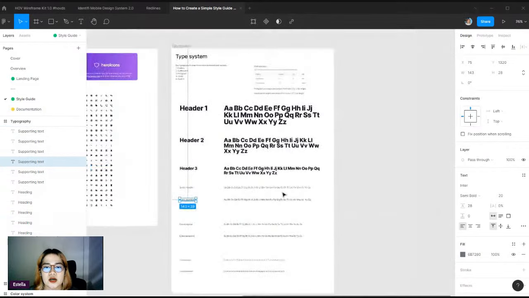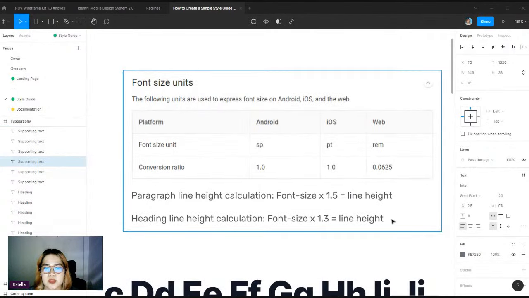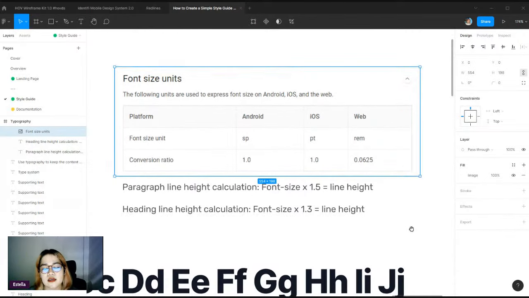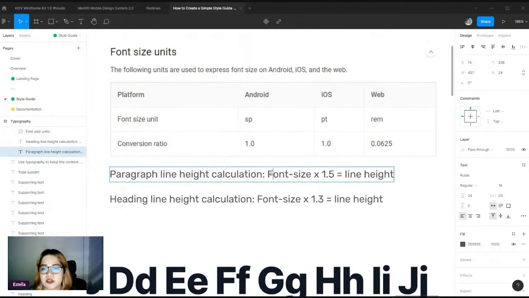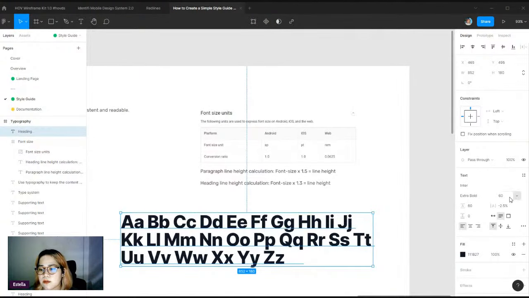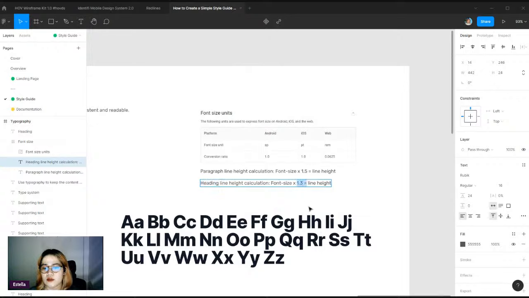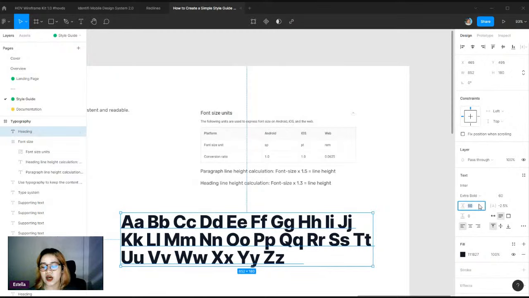Very simple one. Also have these calculations that we've included. This one is from Material Design, if you are familiar with that guideline, like the platform for Android, iOS, and web. So we have this line height calculation: if your font size is for a paragraph or body, we multiply it by 1.5, where Figma could actually calculate it, for example, the font size of this is 60. So for calculations in heading, we calculate it by 1.3. Just to have a basis, it's not like it must be followed. It's just the standard that we are following in order to